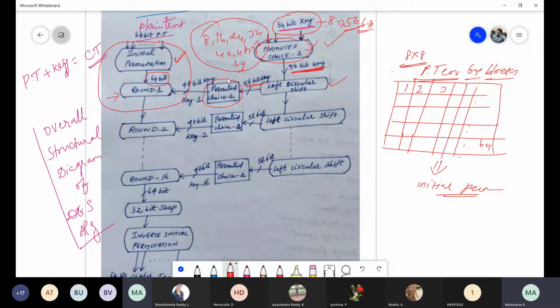Again, a second time we are applying a permutation on the key value. This permuted choice is called the compression permuted choice, or contraction permuted choice. Why is it compression? We know very clearly that compression means reducing. Here 56 bits will be reduced to 48 bits. That's why this permuted choice is called the compression permuted choice. I will go into everything in detail later, this is only an overview. So 48 bits.